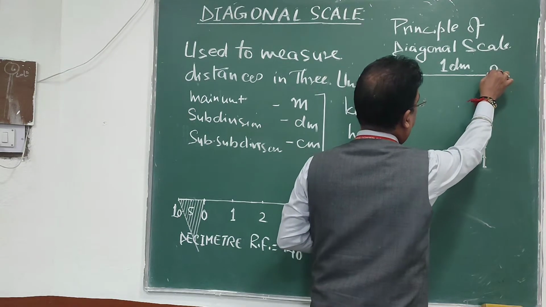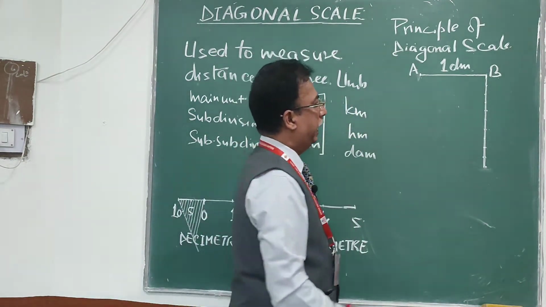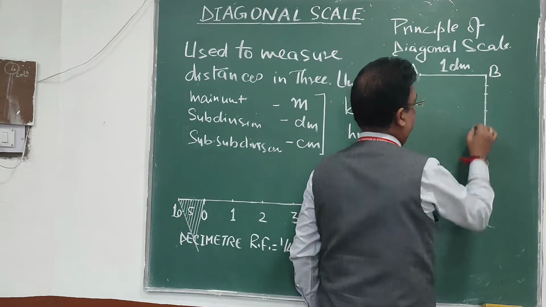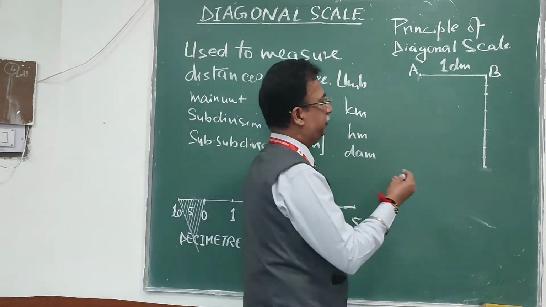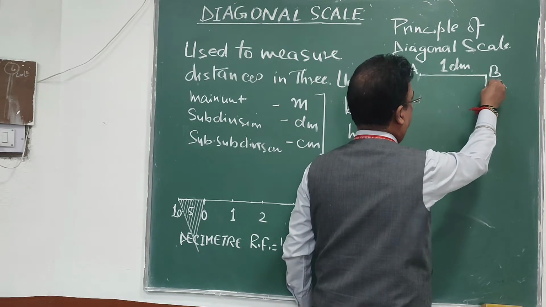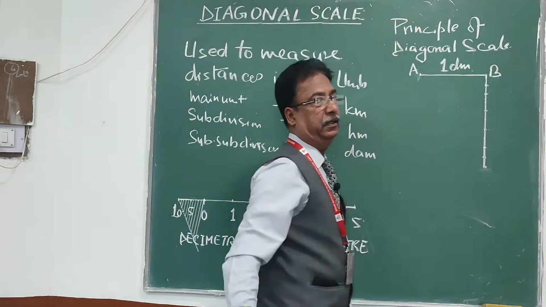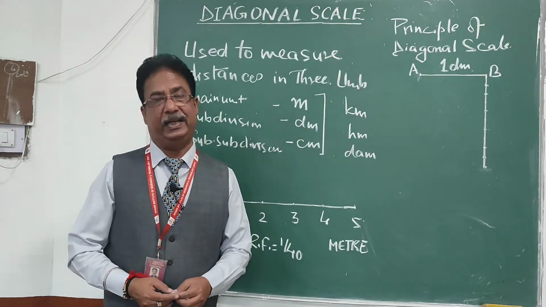Now at the point B, I have drawn a line perpendicular to AB, and on this length I have marked equal distances. So in the divider or compass, you can pick a 5 mm length. This 5 mm I have selected and marked 5 mm, 5 mm. So 1, 2, 3, 4, 5, 6, 7, 8, 9 and 10. 10, why? Because 1 decimeter equals 10 centimeter.